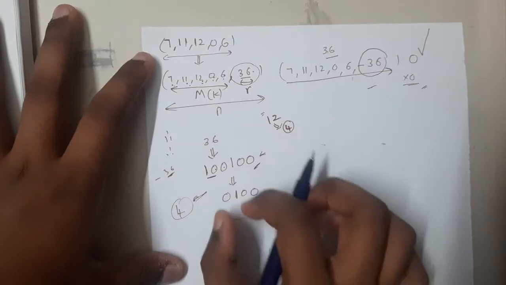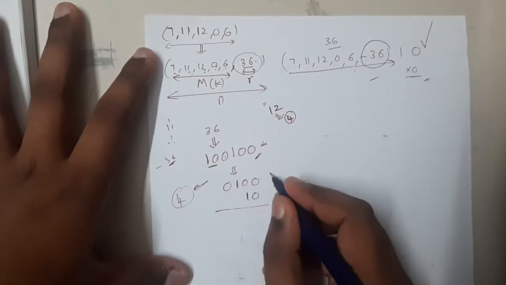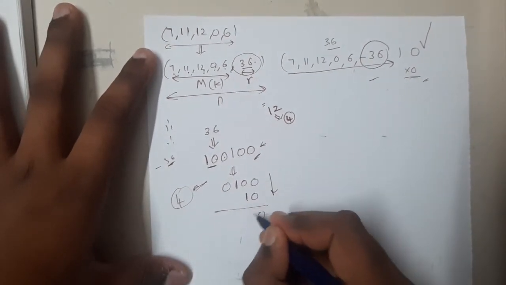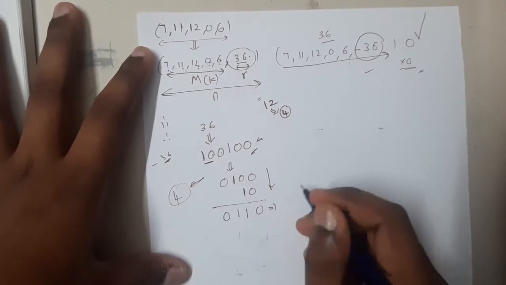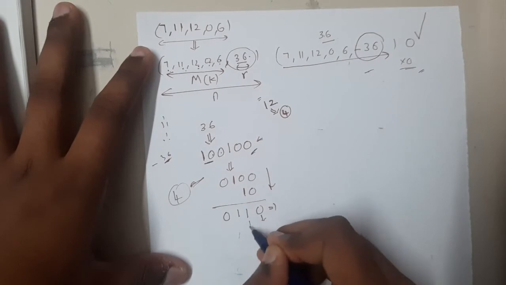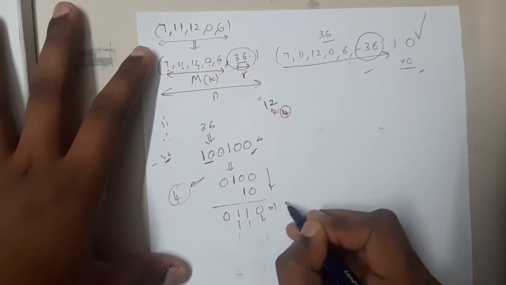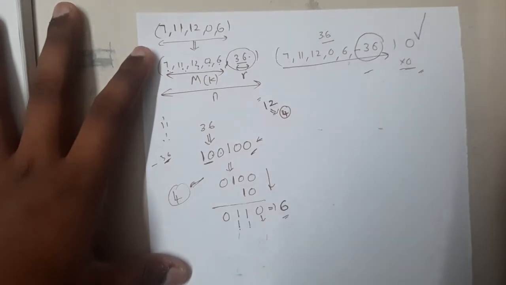So the extra bits you will write below in that way, right? Yes. So now let us add it. The result is 0 1 1 0, right? So what is this value in binary, guys? It is nothing but 2 power 0, 2 power 1, 2 power 2. It is 4 plus 2, that is 6. So 6 is the number.